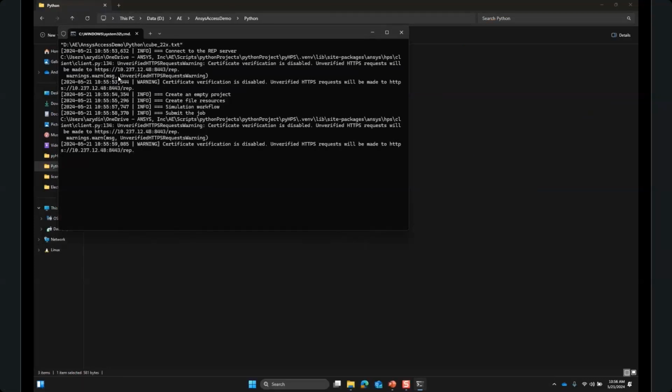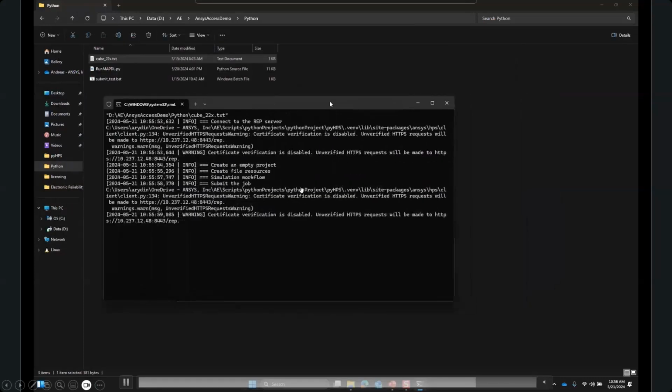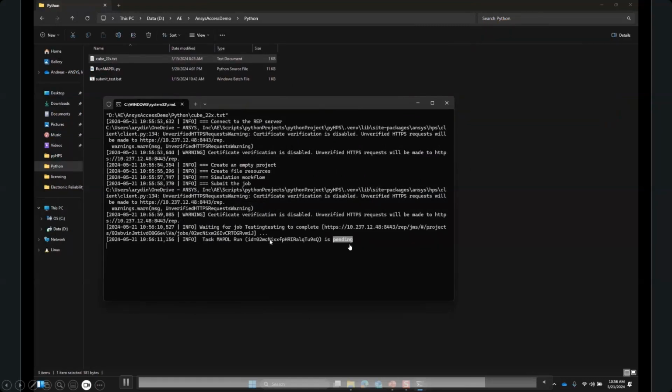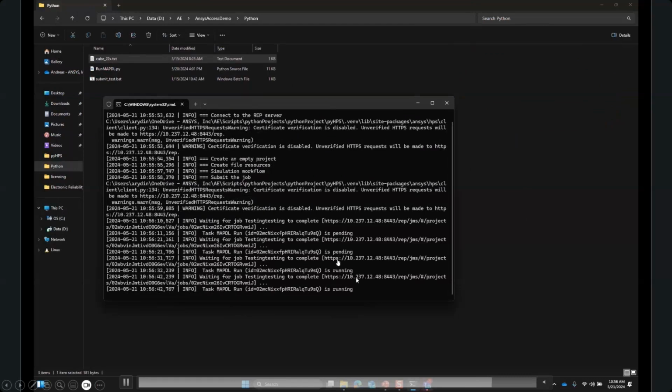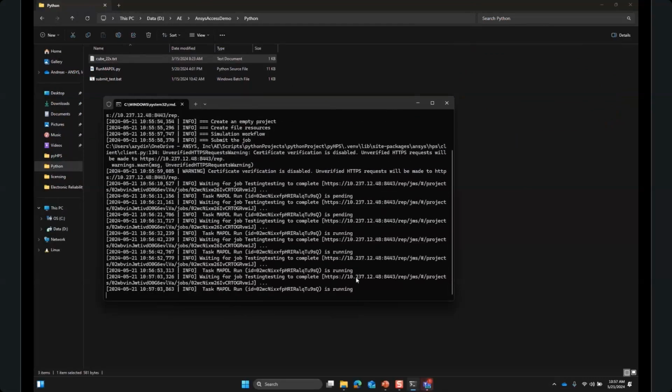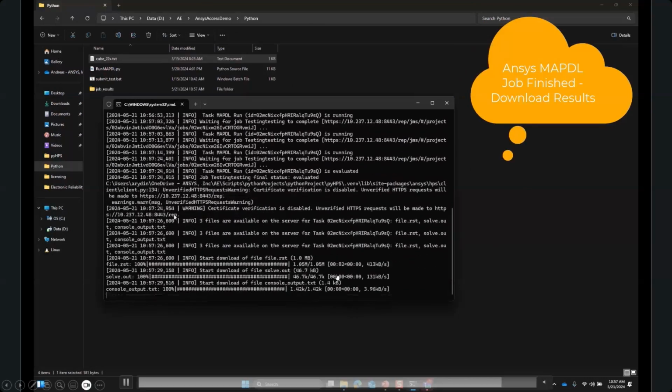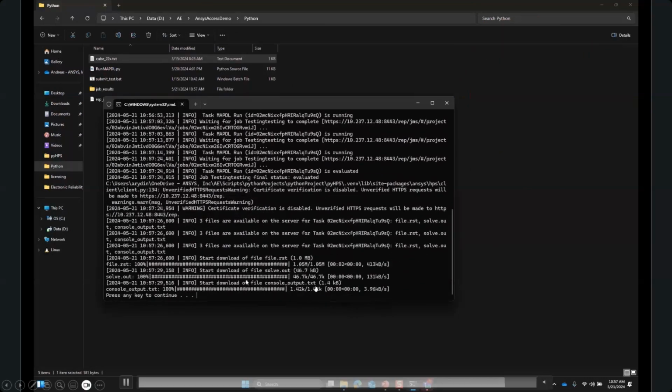simple as this, and it's going to upload the file. It's going to tell you it's uploading the file into HPS. It's going to be in the queue. It's waiting for the compute nodes to power up. It's ready. That's going to go to running. Now your job's running up in Ansys Access, and it's going to download the results for you automatically. And you can see